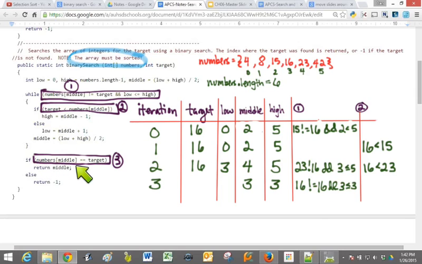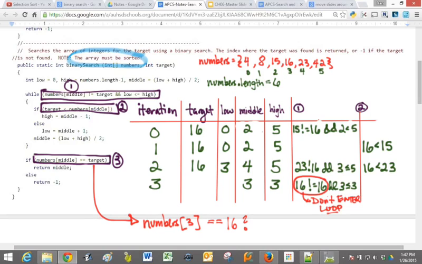And now I execute this part. So I try to figure out what's going on with that. Is my numbers of 3 equal to the target? So is that value equal to 16? It is. If it wasn't, I would return -1, which would say that I didn't find those values. So a much shorter way to find a value, but the key part is that the array must be sorted